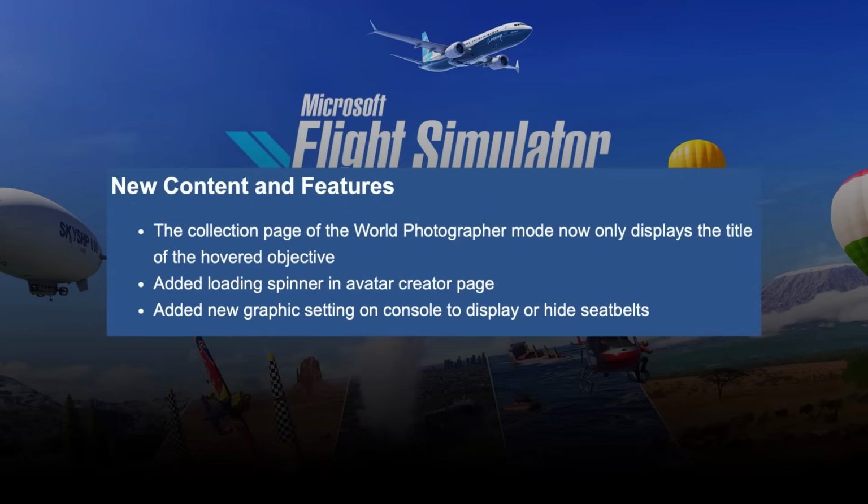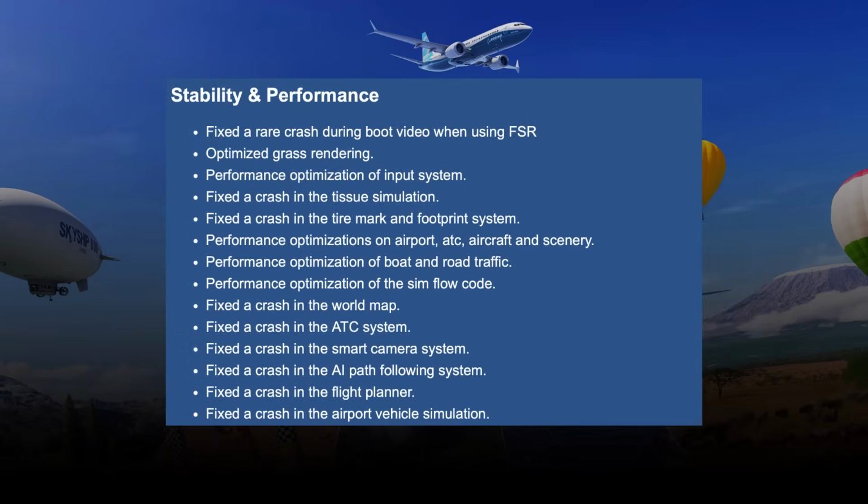1.6.3.0. For new content and features, the collection page of the World Photographer mode now only displays the title of the hovered objective, added loading spinner in Avatar Creator page, and added new graphic setting on console to display or hide seatbelts. For stability and performance, fixed a rare crash during boot video when using FSR, optimized grass rendering, performance